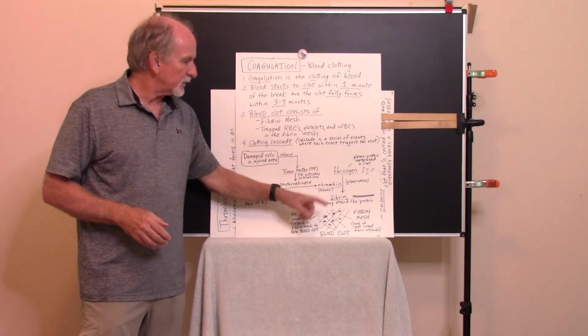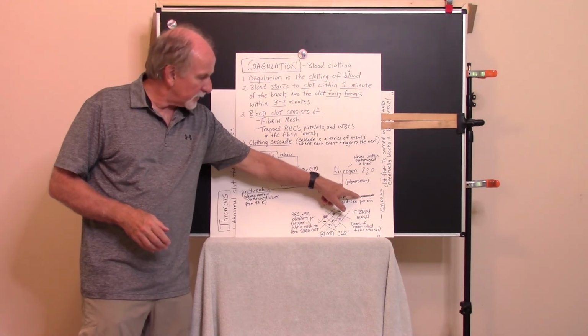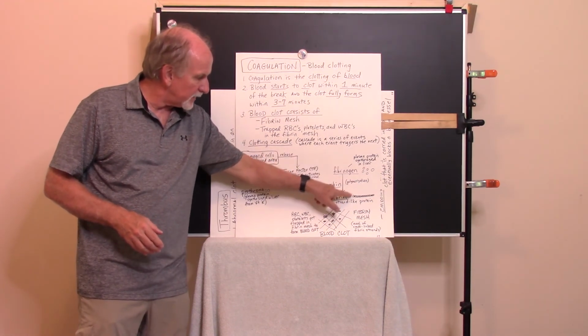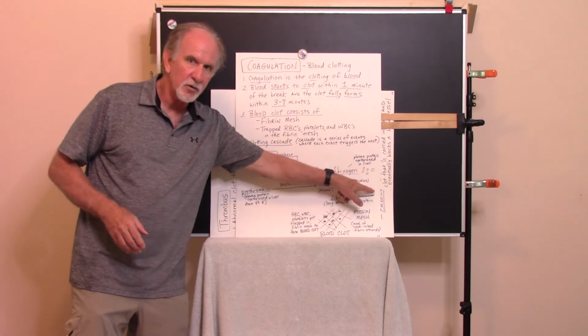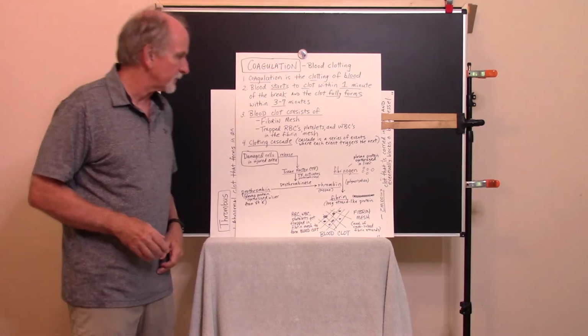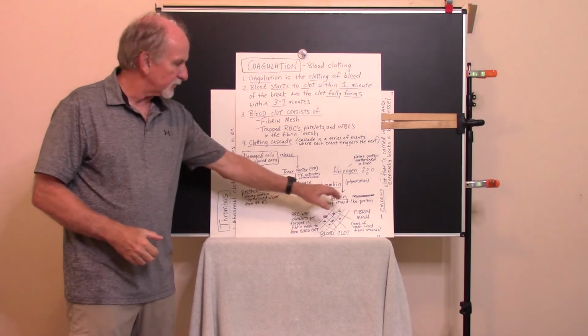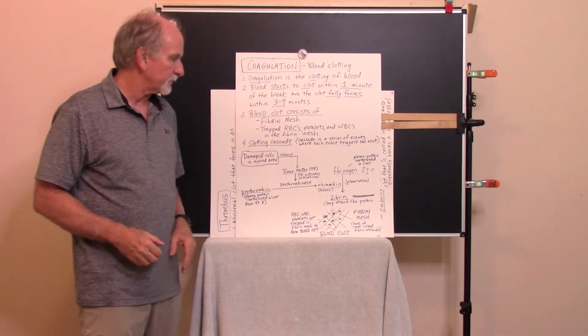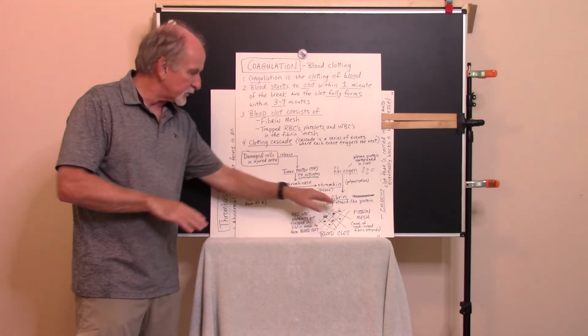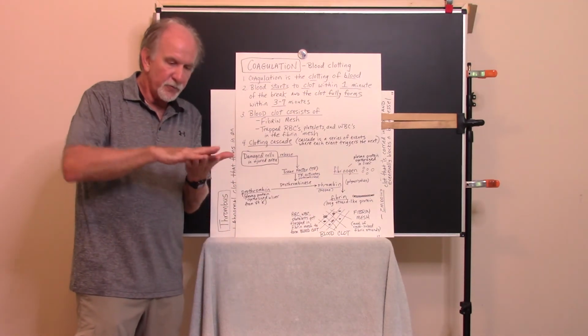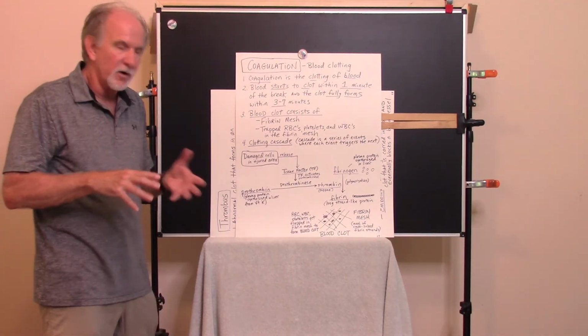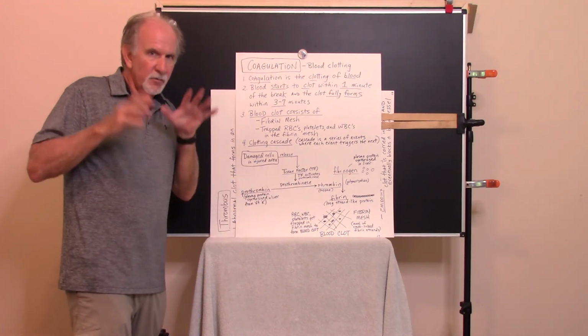Thrombin is going to literally polymerize or hook these little beads together into long fibrin strands. So fibrinogen is coupled together into long strands called fibrin. And then the fibrin strands collectively form a mesh, sort of like a gauze pad, that acts almost like a